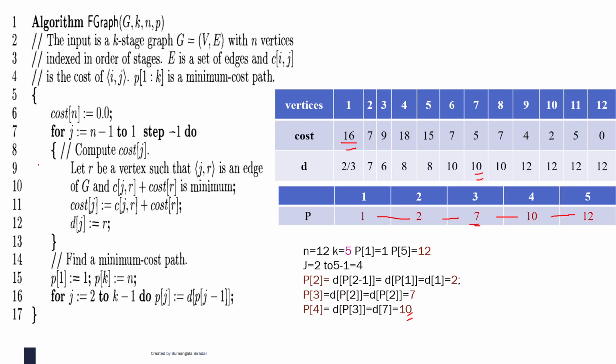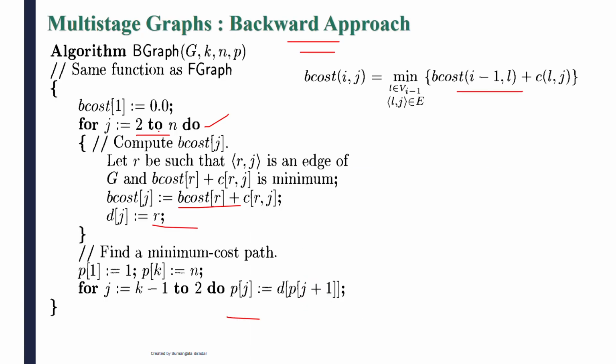That's why here the for loop started with n minus 1, and here it starts with 2 to n. There it is n minus 1 to 1, and here it is 2 to n. You will start at the source vertex. From S to T you will calculate. The only difference is that there you took I plus 1, and here you consider I minus 1. Plus 1 means the next one. Here you are considering the previous one. Based on that you calculate. Everything else is the same here.